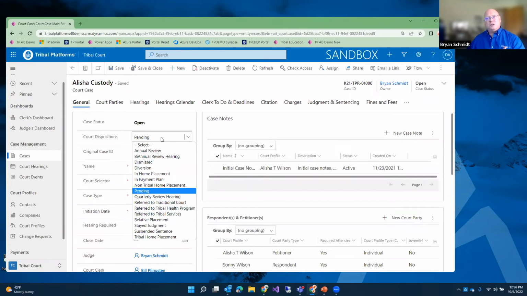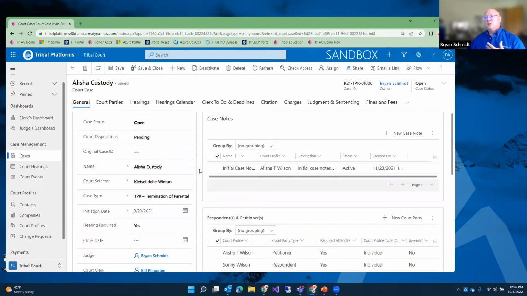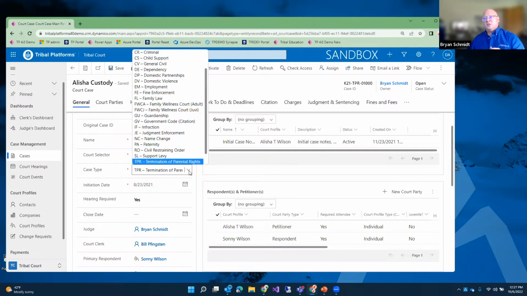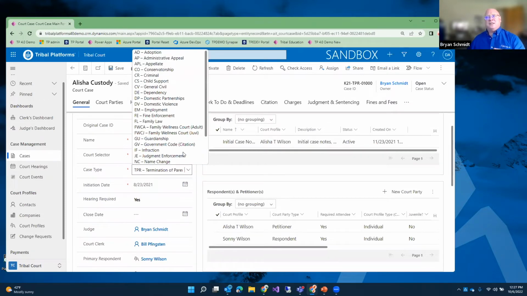If there's a disposition on the case, as it moves through, I can change the status or set the disposition of the case, capture the name of the case. If it's assigned to a specific court, I can select that court, and as you could see, what Sonia needed for Shingle Springs was the ability to select multiple courts, and that way it would show up on that specific list and dashboard. A key aspect is being able to adjust this list of case types.